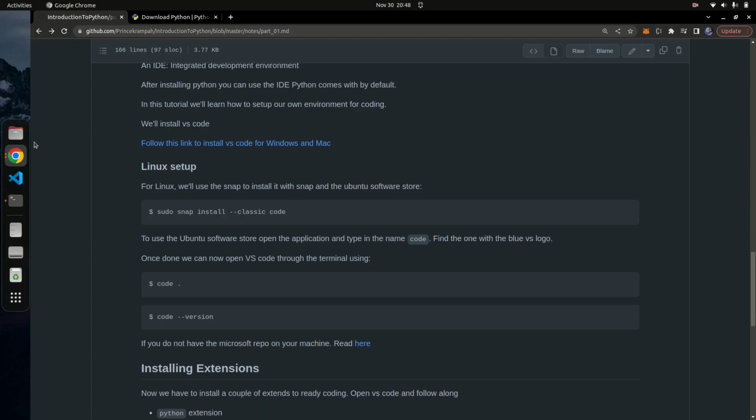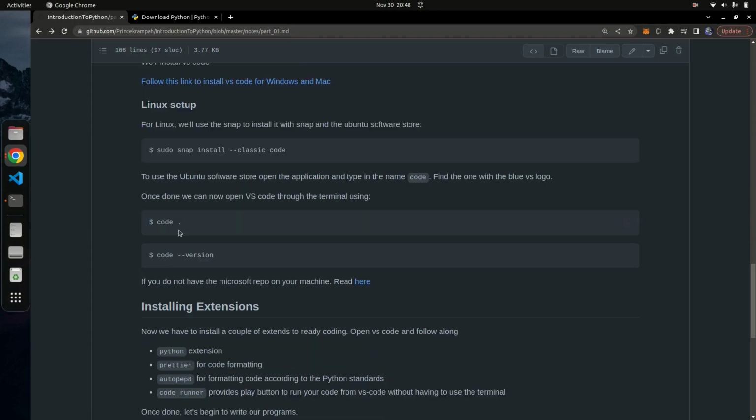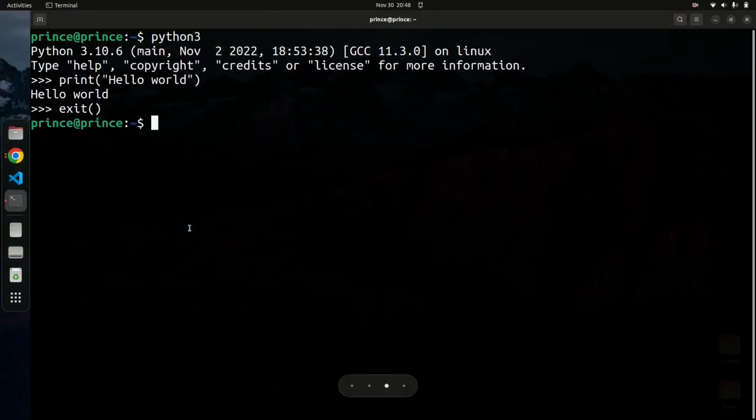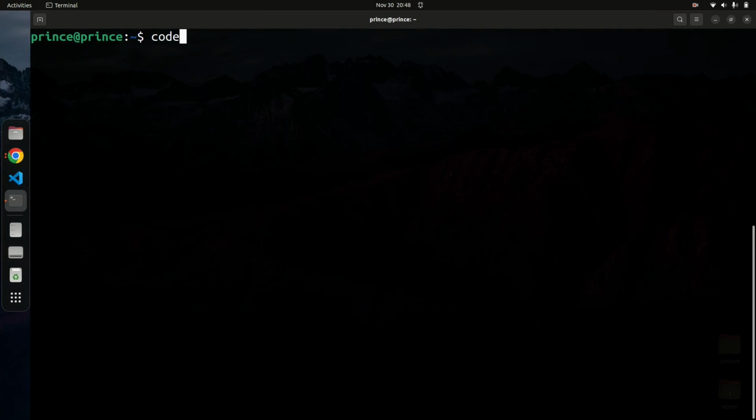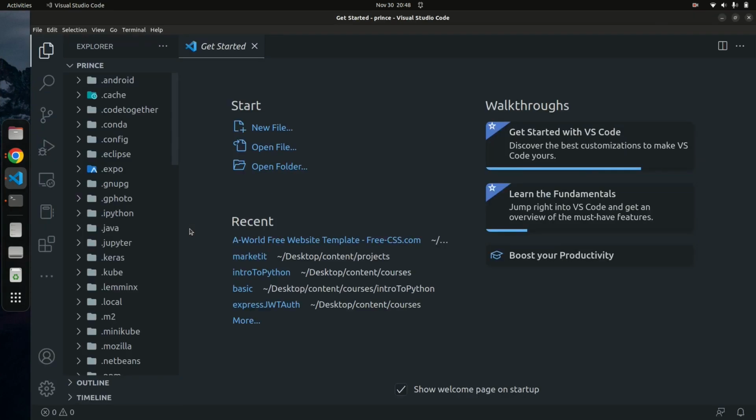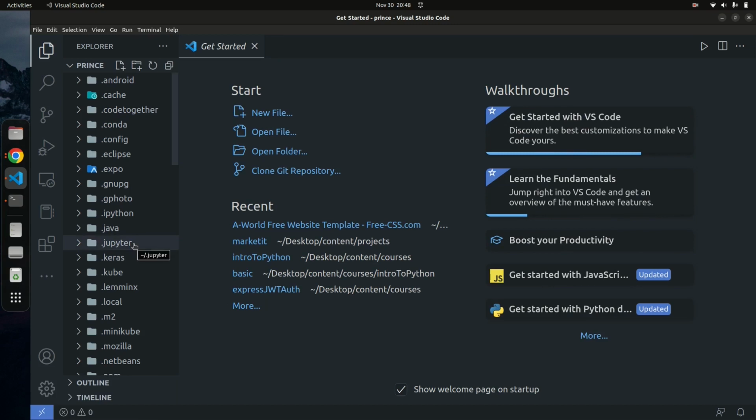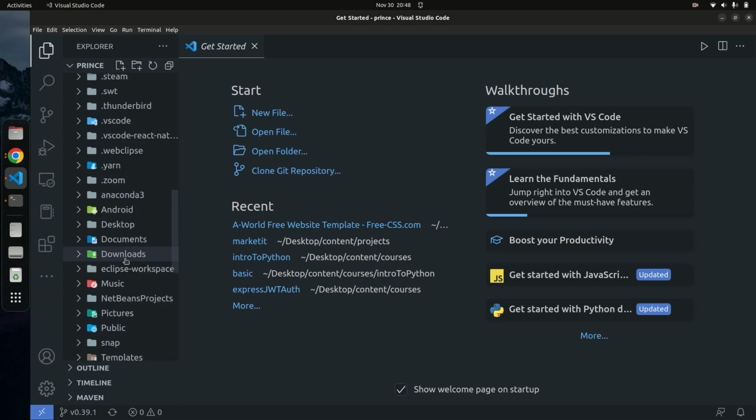So once you have that, you can simply go into your terminal and type code and a dot. I'm just going to go to the terminal and show you. Just clear this and say code and then dot, and that's going to open up VS Code from your terminal. This also works for MacBook and Windows as well. So again, don't worry about all these things. I will cover all of them in just a second.